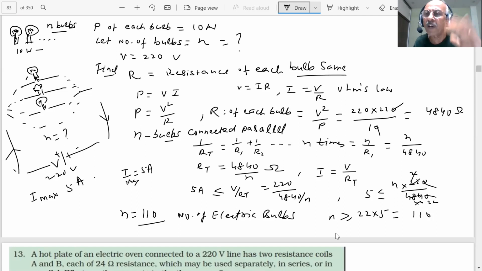Numericals will be solved by the formulas of electricity which we have given. So by now, by practice, we should be able to remember the formulas and we can apply direct formulas in answering the questions. Take care of the units. The answer will be written in each and every step. Therefore, there will be no problem.